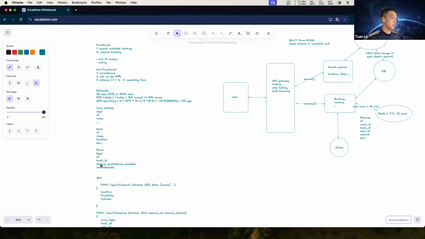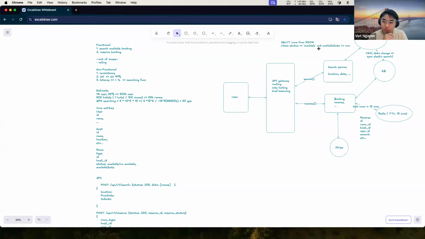If the user inputs the from date and to date, we can input here. If not, we should have the available date greater than or equal to now.